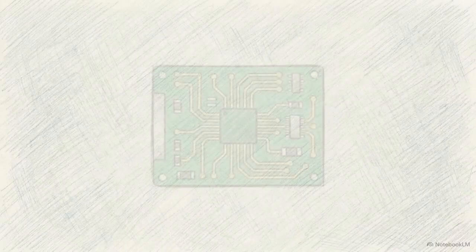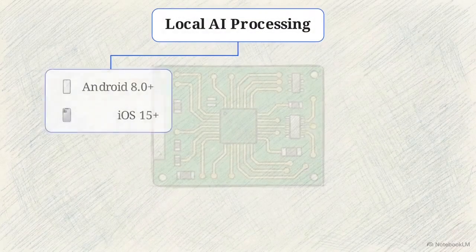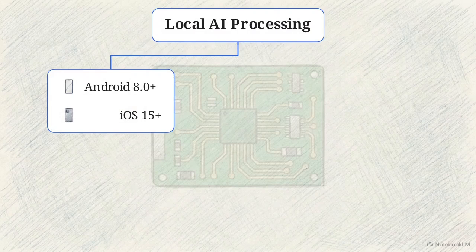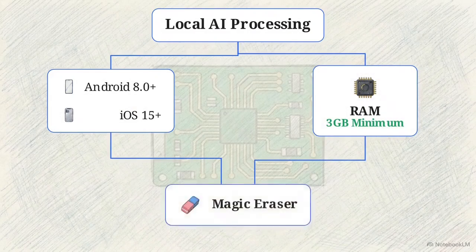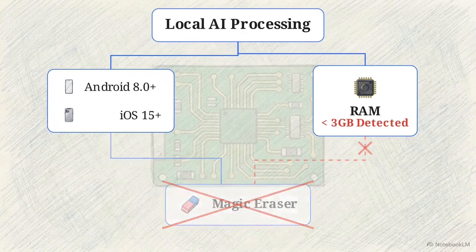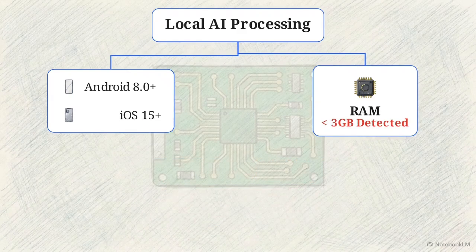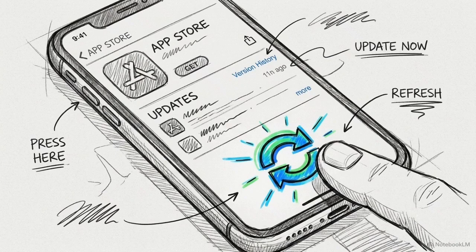To run these local AI processes, your phone needs at least Android 8.0 or iOS 15 and a minimum of 3 GB of RAM. Because these edits use your device's hardware, failing to meet these memory requirements means the Magic Eraser tool won't appear. Assuming your phone meets the requirements, update your Google Photos app to the latest version and